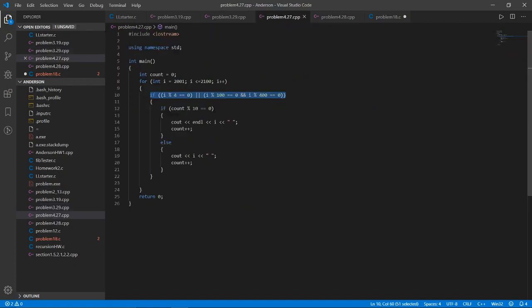All right, so for problem 4.27, this one is fairly simple if you know how to compute a leap year. So here we needed to